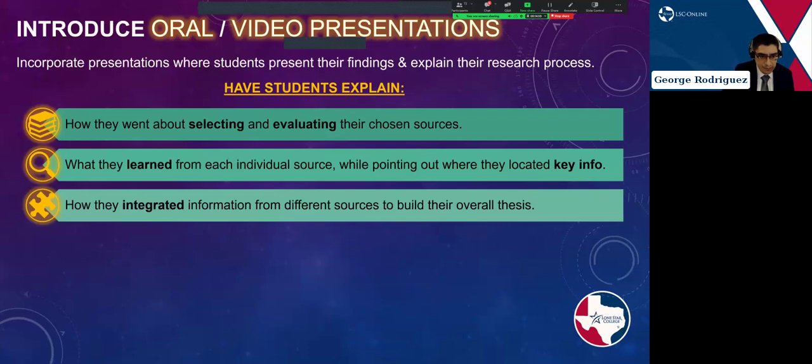how they integrated information from different sources to build an overall thesis. So, you can have them explain how they interpreted all the research and how they integrated that information to validate their overall point of view. Again,